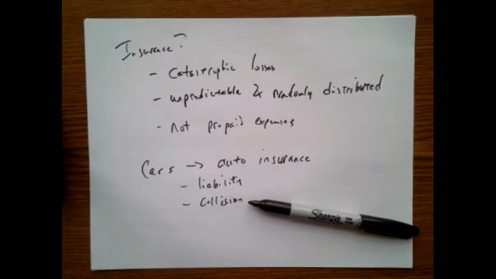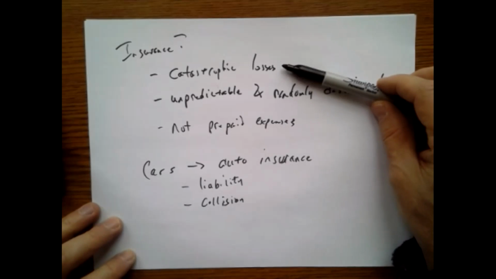So I don't bother with collision insurance because a loss of $1,000 is not a catastrophic loss to me, right? Now, maybe a loss of $1,000 would be a catastrophic loss to you. So I don't insure against collision loss on the Odyssey. And someday, when it finally dies, I plan to get out of the car and walk away from it and not look back. So the point is, true insurance